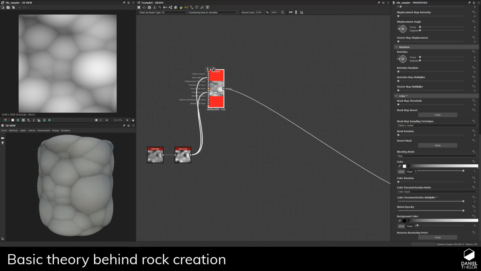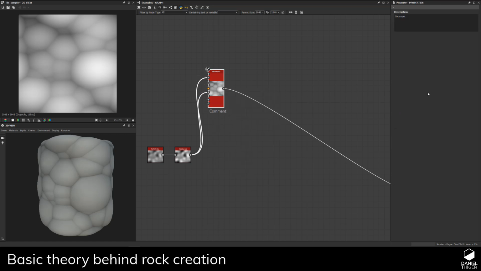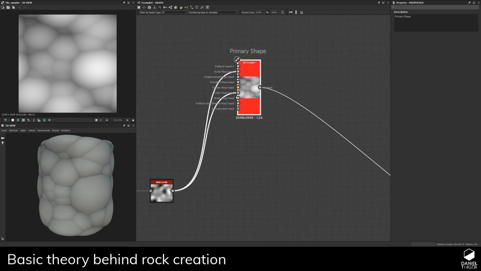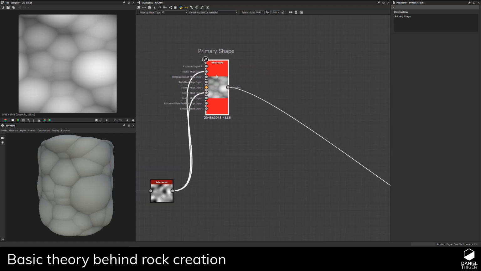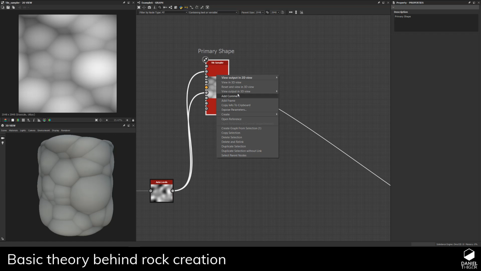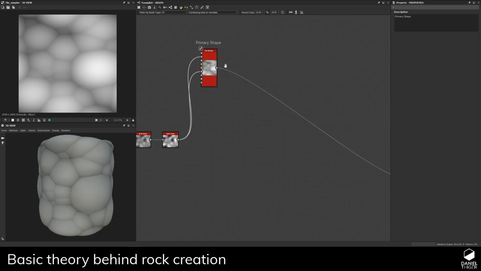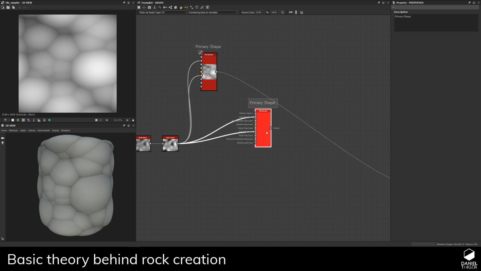And now let's add a little frame here. We'll add a comment, just so we remember what we did. Primary shape, I can pull that on top. So this comment will always stick with this node. If you have a node selected and right click and say add a comment, it will always stick with it. So let's do our secondary shape,